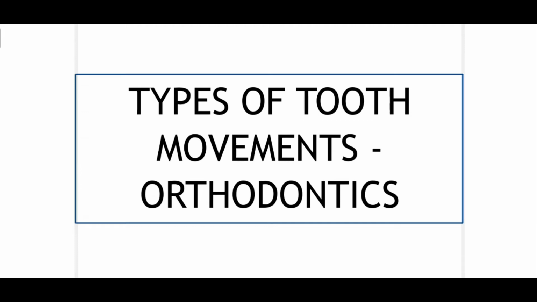In this video we'll talk about types of tooth movements. Now types of tooth movements mainly is part of orthodontics because in most of the patients there is some form of malpositioning of the tooth. Sometimes it's placed labially, palatally, more mesially, more distally. So in order to achieve a proper occlusion, various types of tooth movements are performed in orthodontics. So in this video, we'll talk about the different types of tooth movements that are offered to the patient to correct their occlusion. So let's get started.